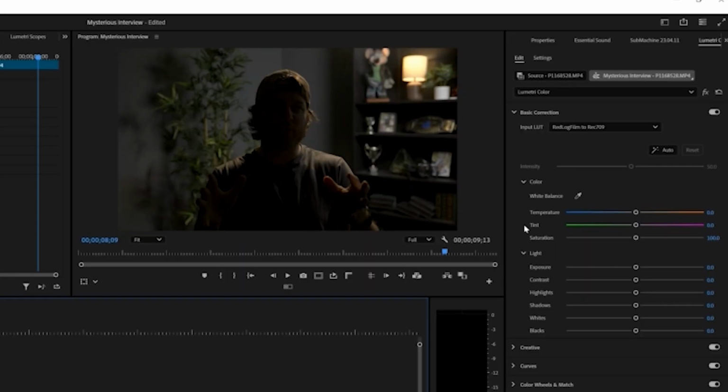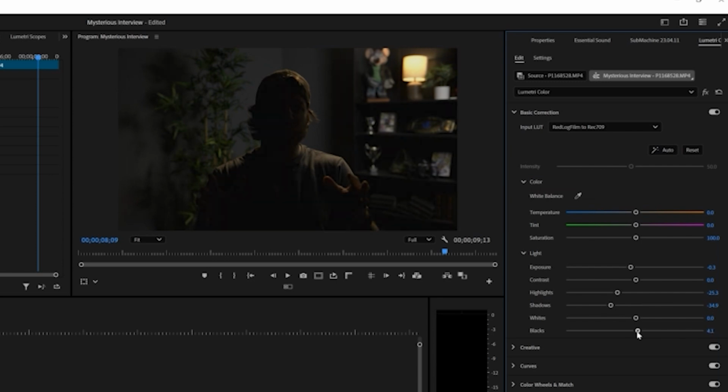Now this still looks good. You still can't tell really who it is, me. But if we do want to adjust it and make it just a little bit darker so that we hide more of that detail on the side of my face that we could see right here, something we could do is go ahead and just drop down the exposure, maybe bring down the highlights, bring down the shadows,